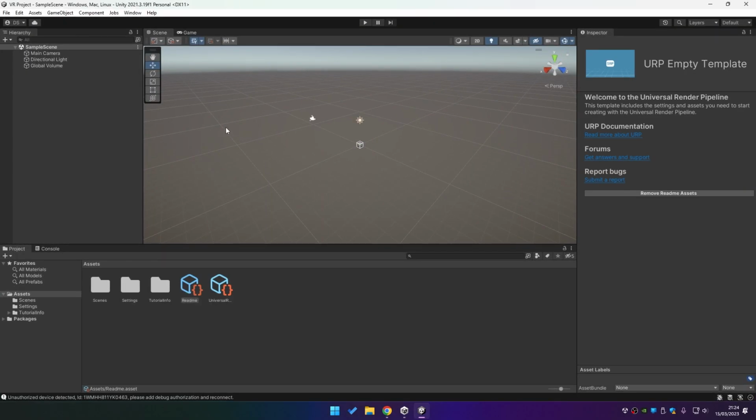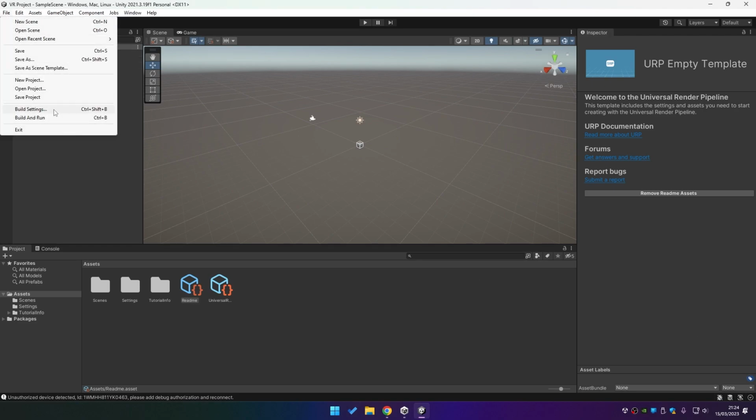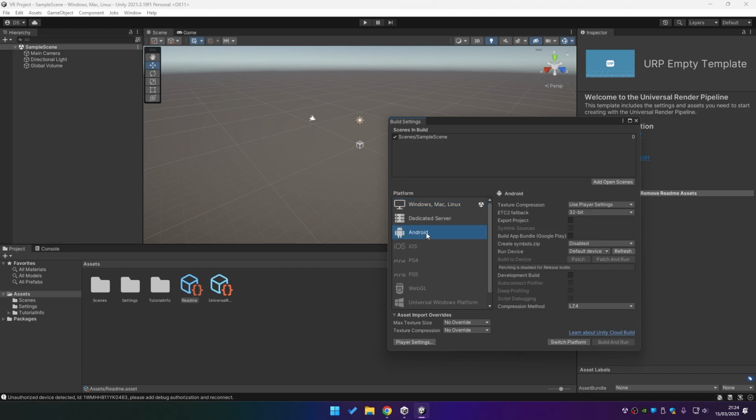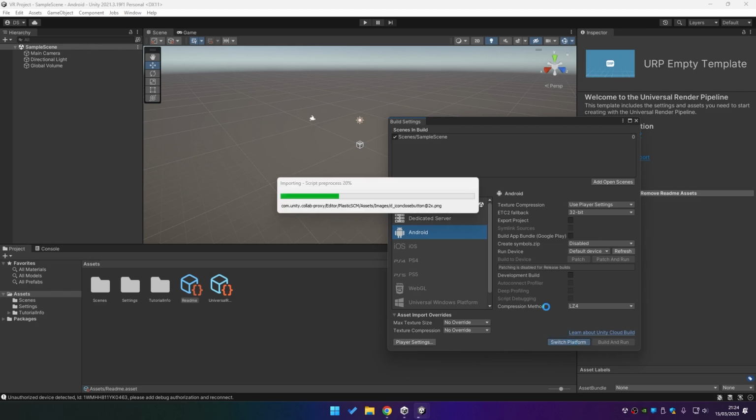Now in the editor, go to File, Build Settings, and if you want to develop for standalone, select Android and hit Switch Platform. This will take a couple of seconds,